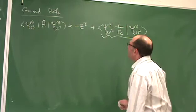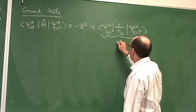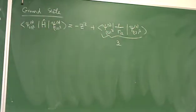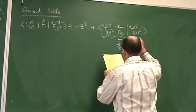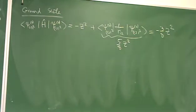And this can be calculated, and what you get is... oh gosh. So that's what we get from this perturbation theory calculation, treating the interaction of the electrons with one another as a perturbation. Okay. And for helium,